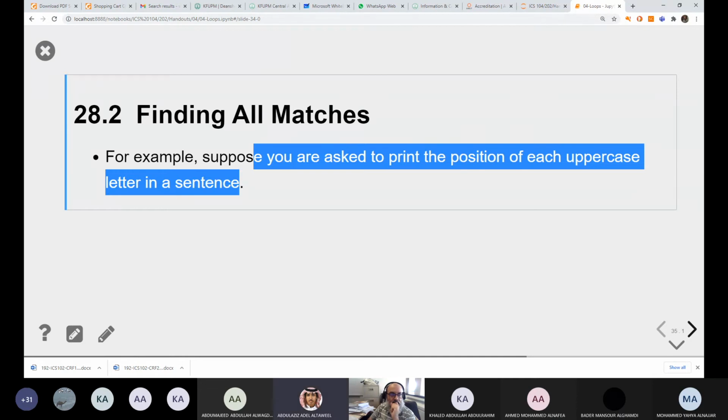If is upper is true, we print the index for each letter. We need to print the index of each letter. Right. In that case,